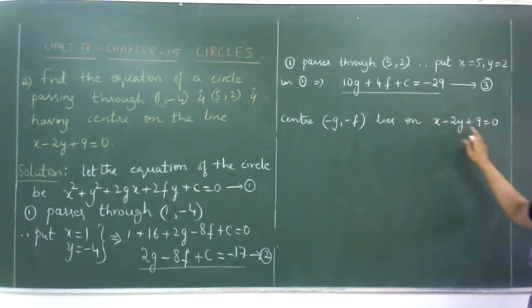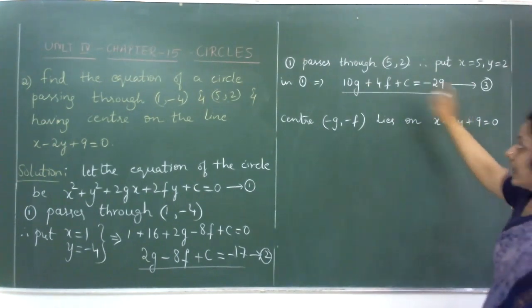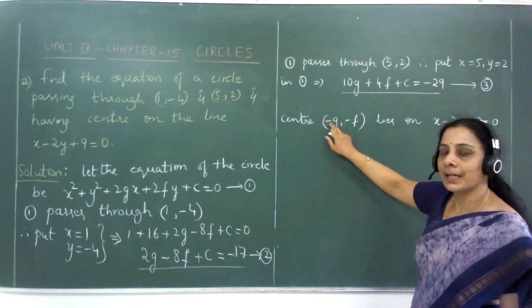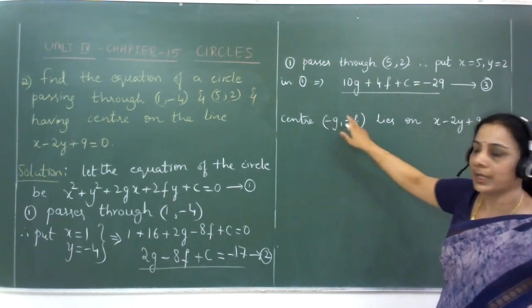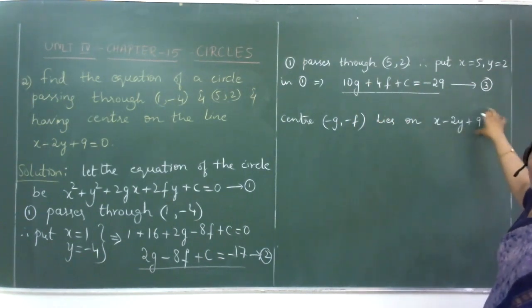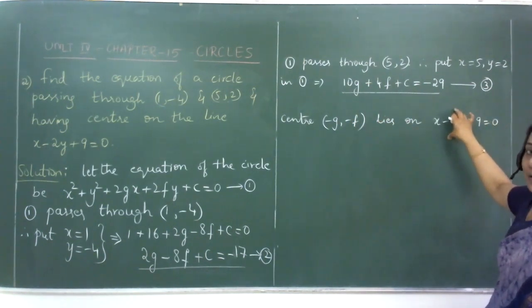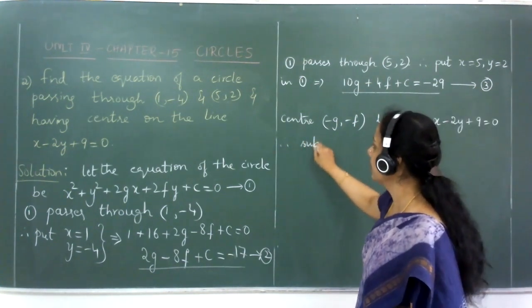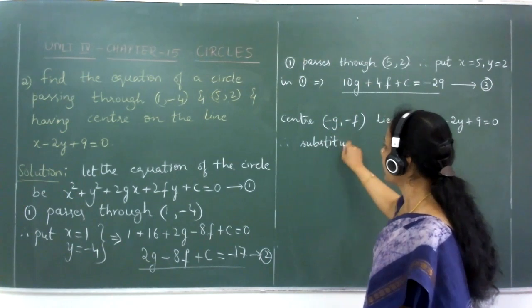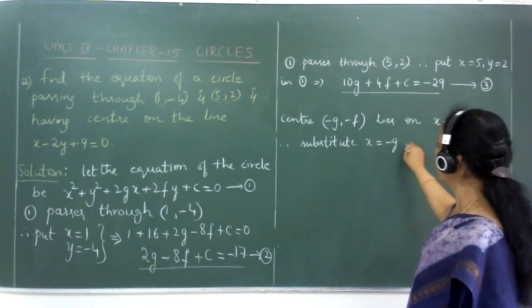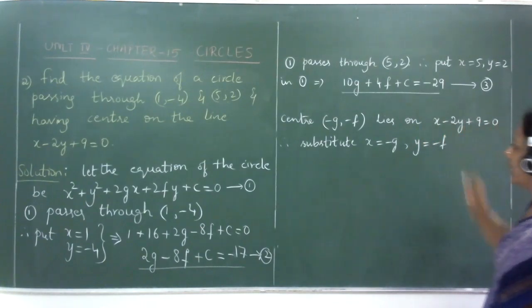Whenever a point has to lie on a particular line whose equation is known, as in the case of circles, here also I could be replacing x equal to x coordinate of the point, y equal to y coordinate of the point, by which equality doesn't get altered. So I can replace, therefore substitute x equal to x coordinate of the center, y is equal to y coordinate of the center.